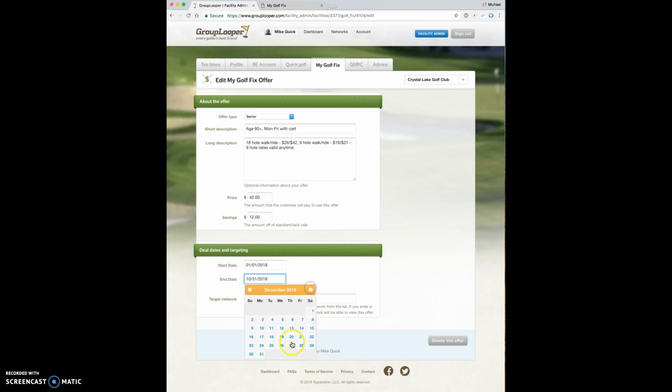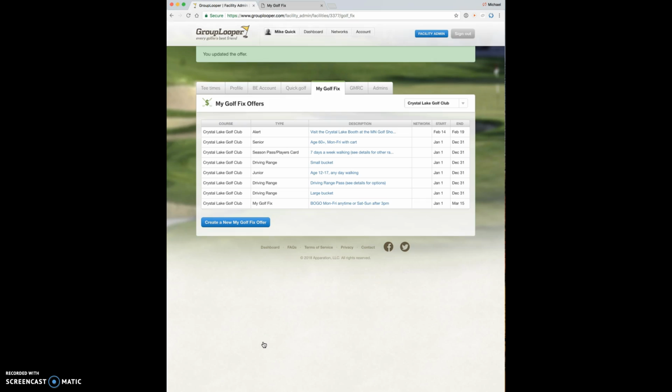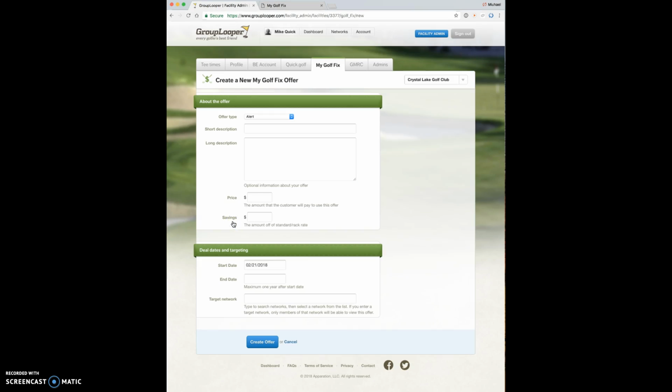But again, any changes you make on the screen, you do have to use the update offer to make them stick. If you don't press that, they're not going to be saved. If I go to create a new My Golf Fix offer, all the same fields occur, and you're simply filling them in for the first time. So you can select any type of